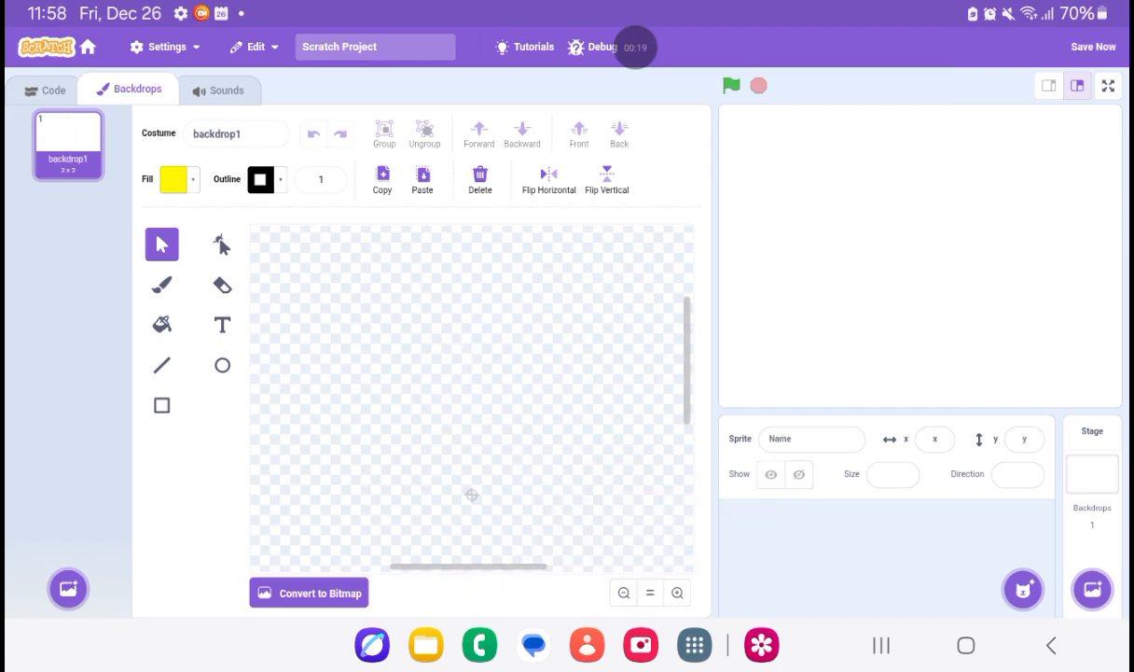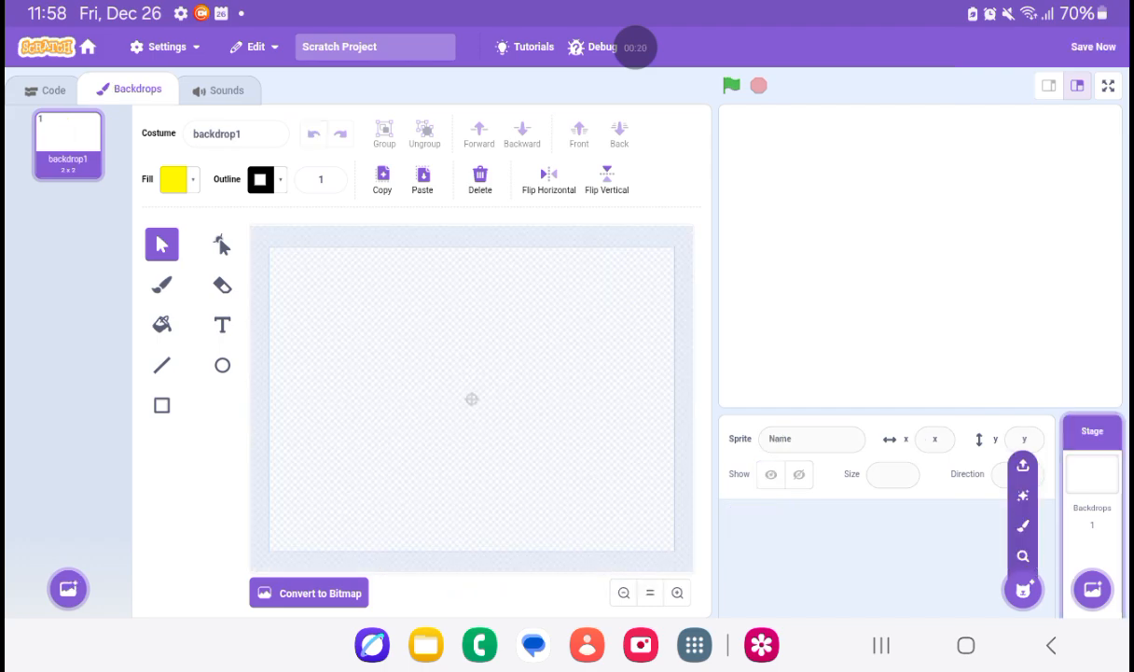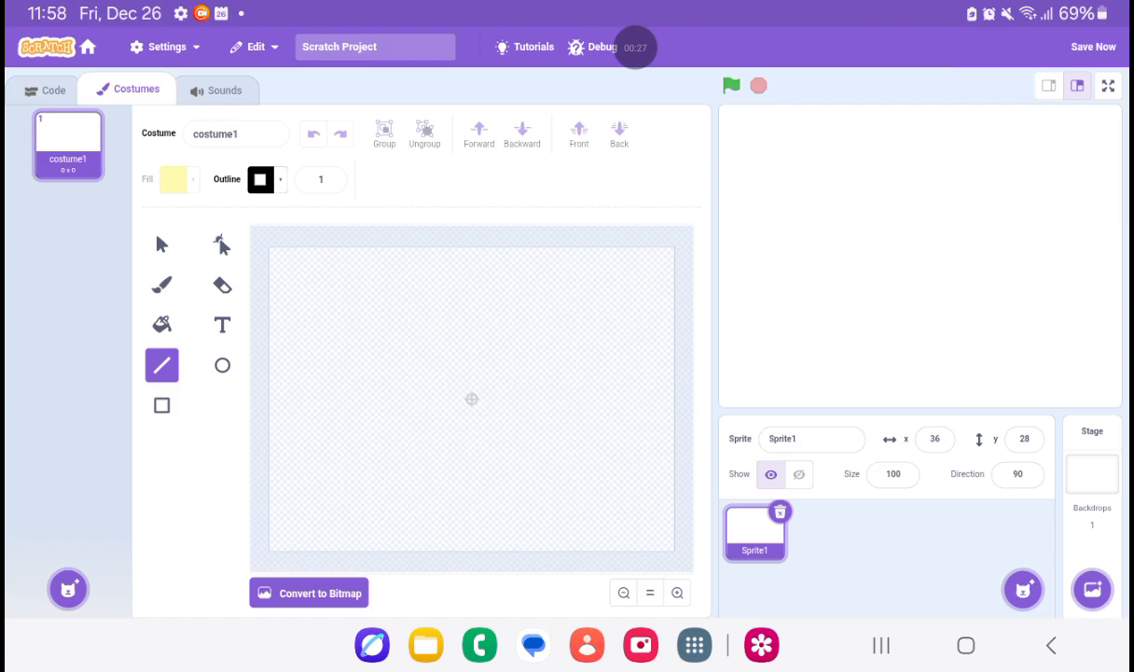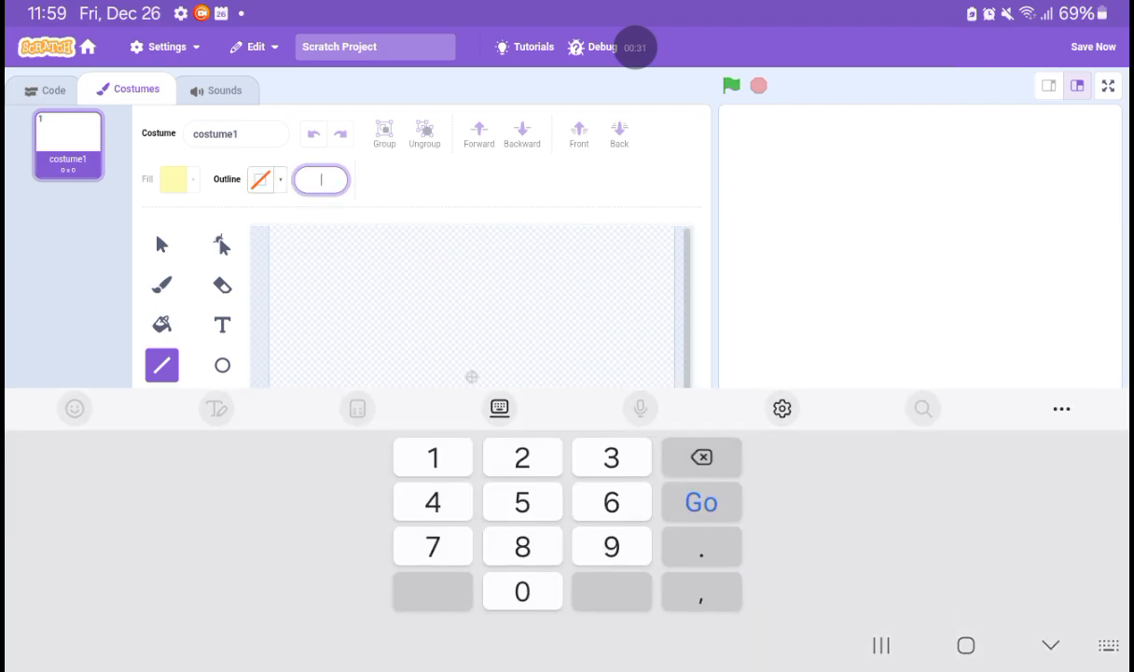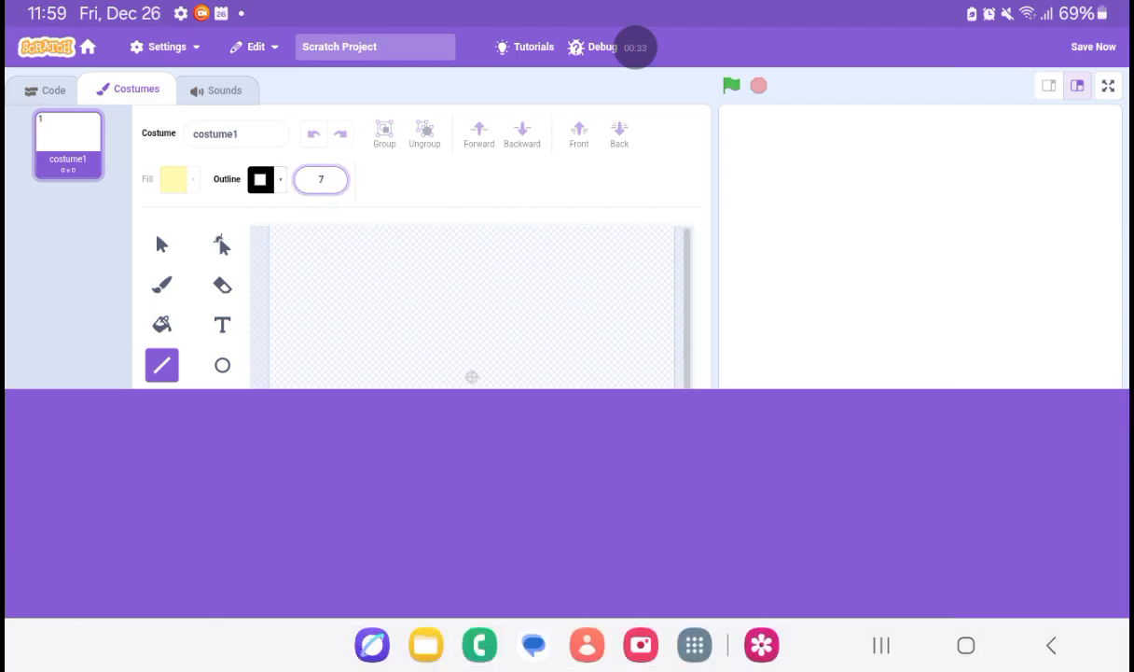Also note, this is not the default sprite when you open a new Scratch project. It's just a sprite that I already pre-made for a previous tutorial I was supposed to make, and then yeah, it's trash. So